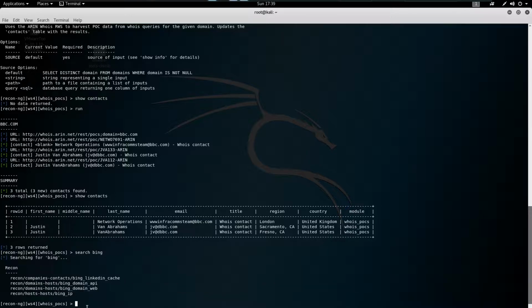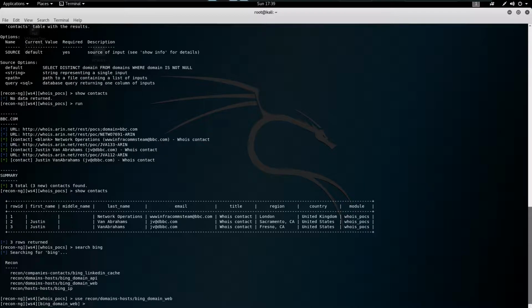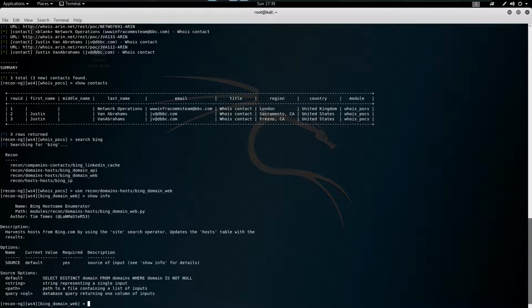To use this, you have to say use and the module name, and that will load it. It will select an entry from the domains table and update all the subdomains that are available in the hosts table. So let's perform this scan.